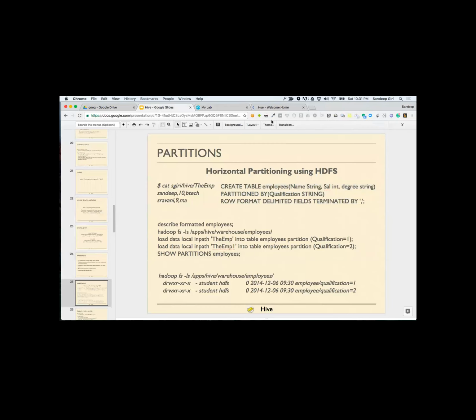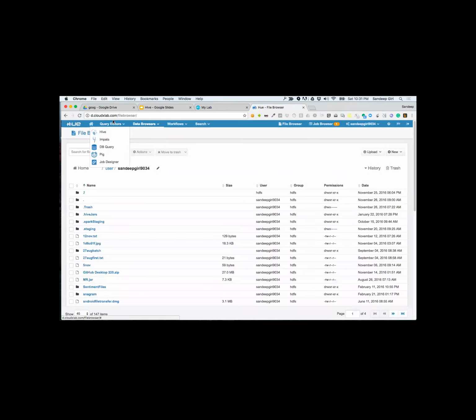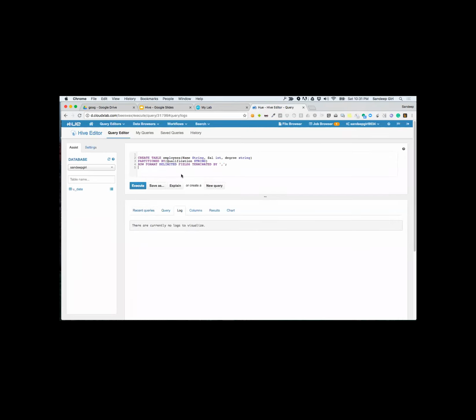So what is it that we are trying to achieve? We're first trying to create this employees table. Okay. Not here. We are going to use query editor like this. If you don't get the console, this is a good way to do it. Okay. So right now, this time we did not specify the location. We are saying we are creating employees table.